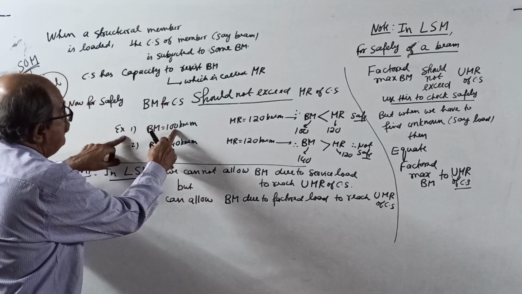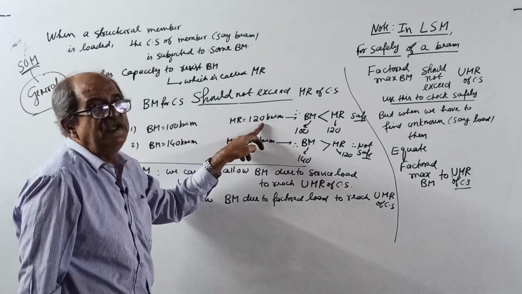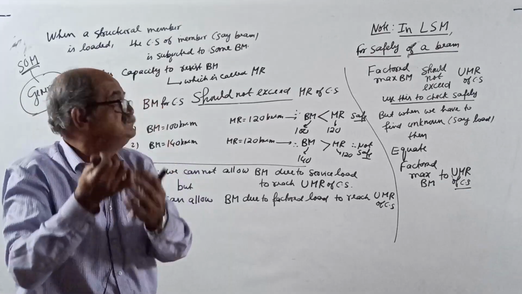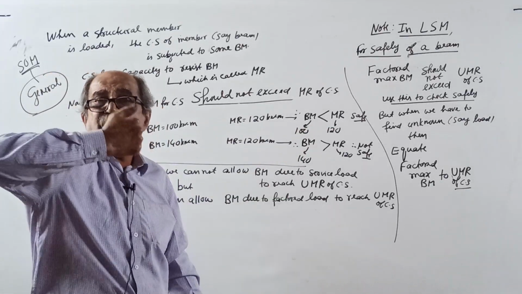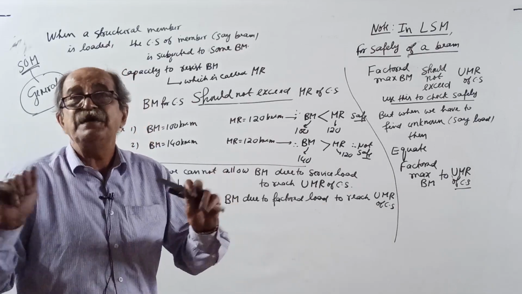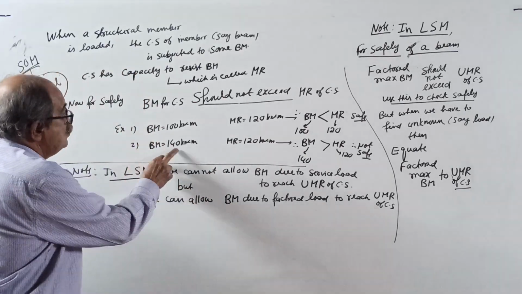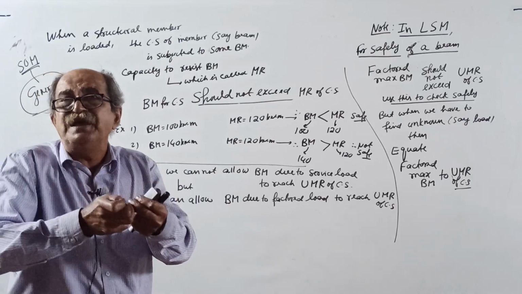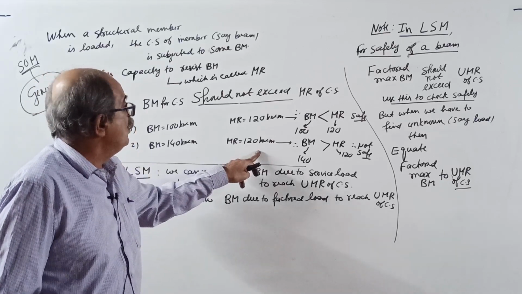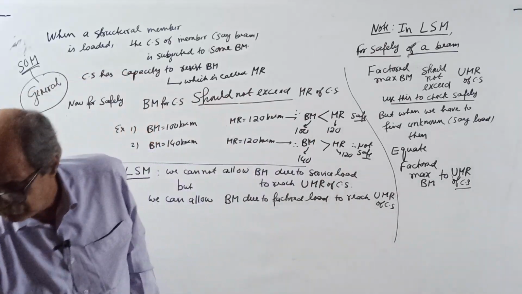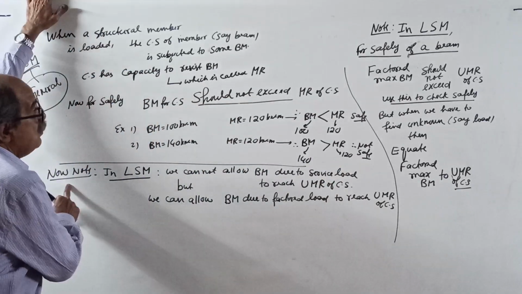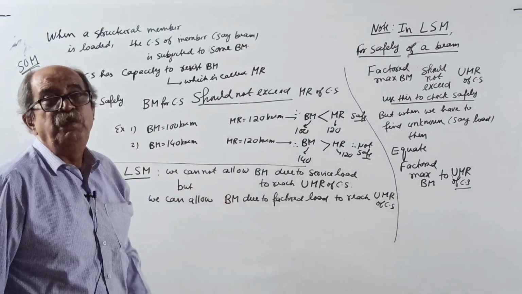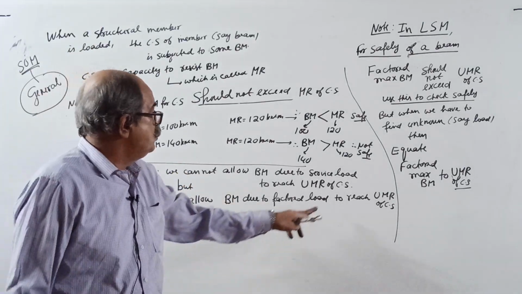Example 1, bending moment 100, resisting capacity 120. You are applying 100, resisting capacity 120, safe. Case 2, you are applying a bending moment of 140, resisting capacity only 120, not safe. Now note, in the limit state method, we cannot allow bending moment from service load to ultimate